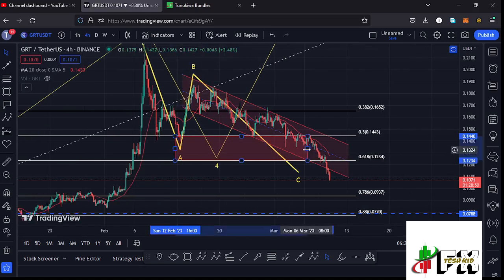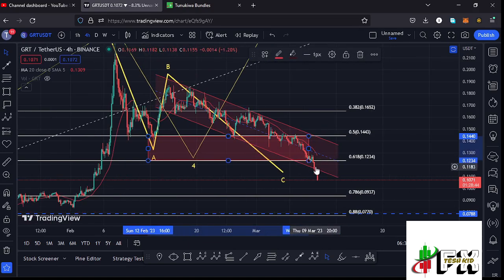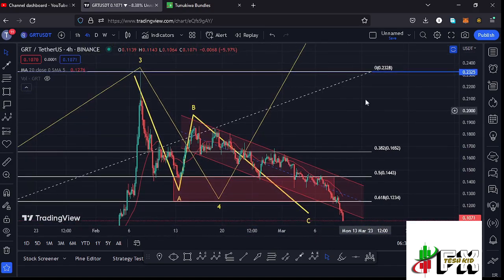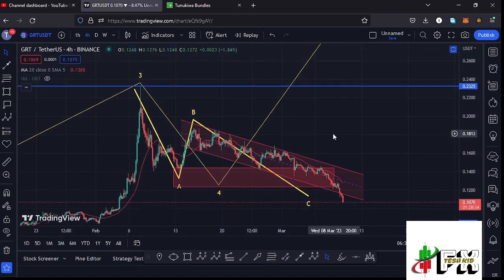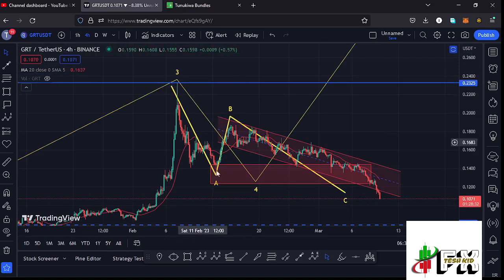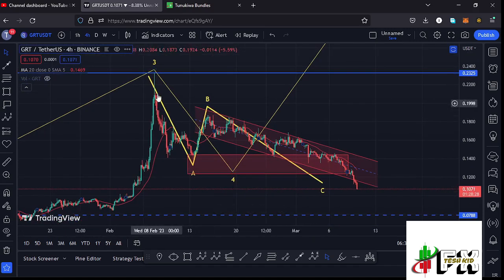And this is a target area that we have fully maximized, and after losing the fib level 0.618, you can see that the breakdown has continued and also given us a breakout out of a chart pattern that we had been trading within, which is this descending channel to the lower side. And in the formation of that wave 4, which is a corrective wave also, we also expected to see an ABC corrective structure also play out, and I believe we are seeing such a scenario over here, having this ABC